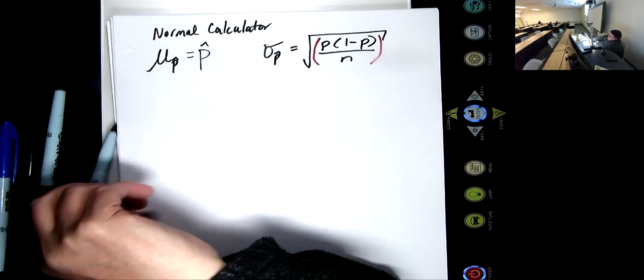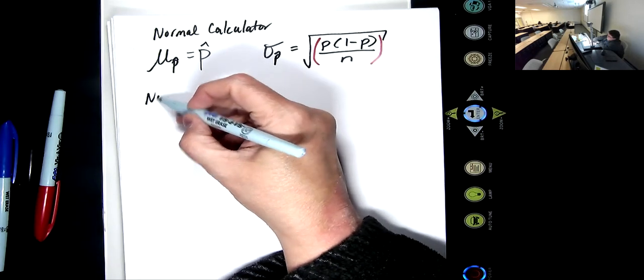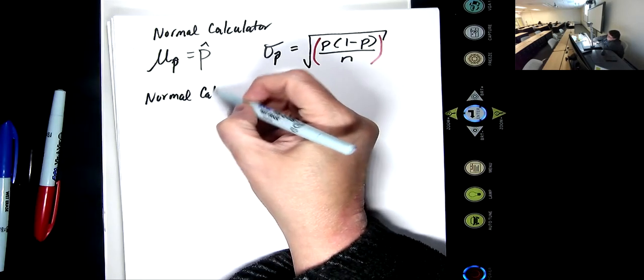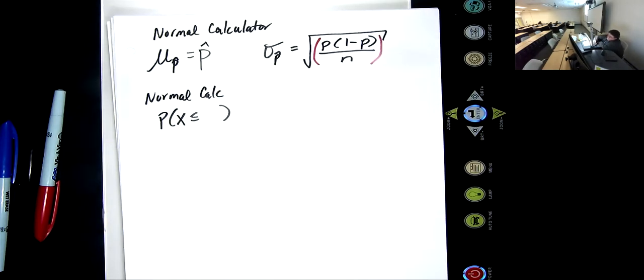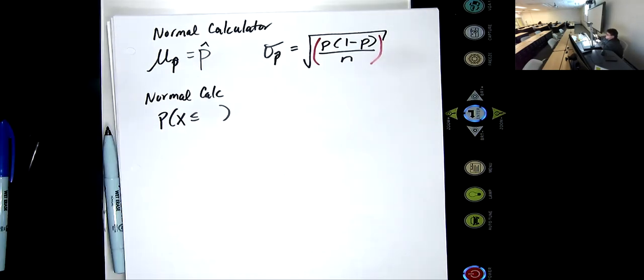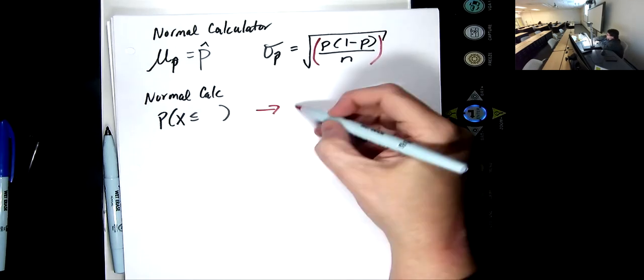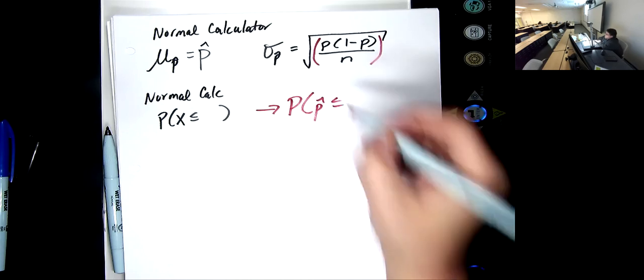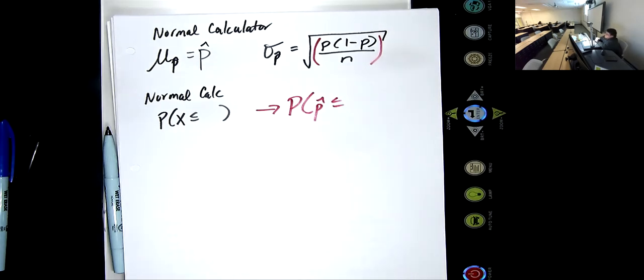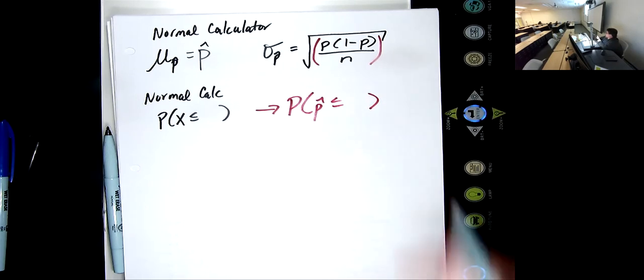So in the normal calculator, it says probability that x is less than or equal to so and so. When we're applying it to this sample proportion, what we're really looking at is the probability that p hat is less than or equal to so and so. I can't change the letter that shows up in StatCrunch, but we're really looking at a proportion. So that's what's going to go in that box. And we're going to look at an example for that section too.